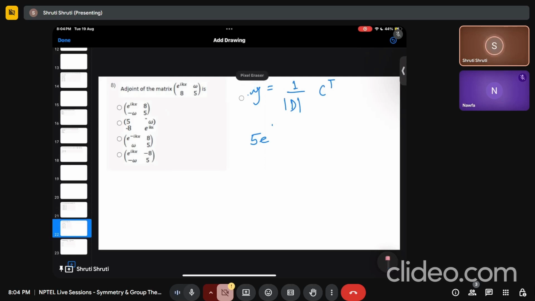It's not asking for the inverse. It's just asking for the adjoint. So we have to just find the cofactor transpose matrix. C11 will be 5, C12 will be minus of 8, C21 will be